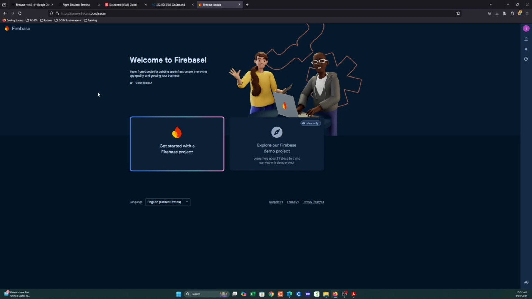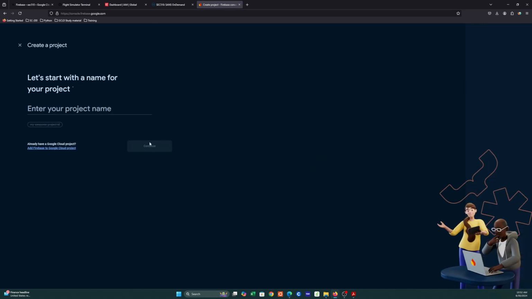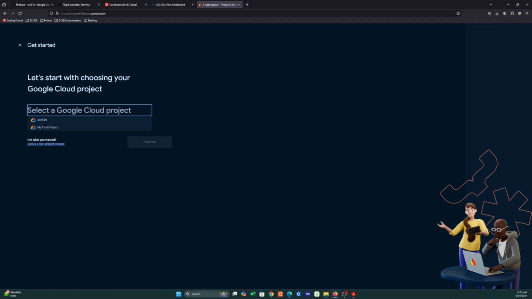All right. Once you get to Firebase, you want to click Get Started with the Firebase project. At the bottom, it's very small, but it shows I already have a Google Cloud project. Add Firebase to Google Cloud project. You want to click your existing cloud project that you created, which is Security 510. You want to click Continue,